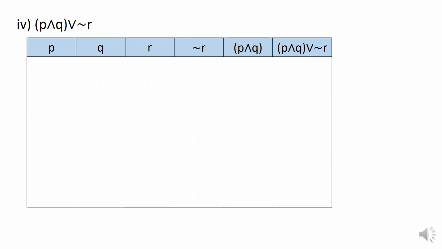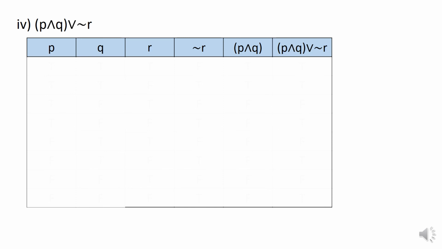The next sum, I will not be explaining anything to you. I will just be giving you some clues you can guess in your mind as to what the values are going to be. First of all, see how many component statements are there. See how many connectives are there. Accordingly, form in your mind the number of rows and the number of columns. See if this is correct, if this is what you got in your mind.